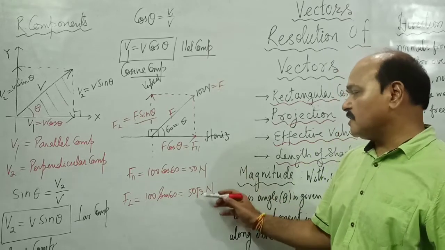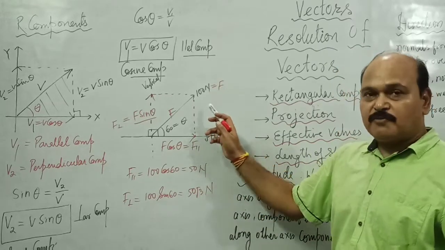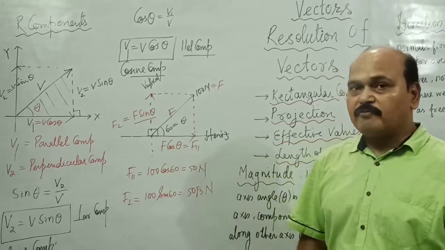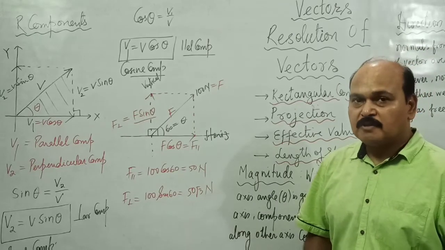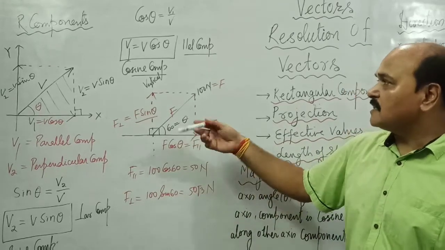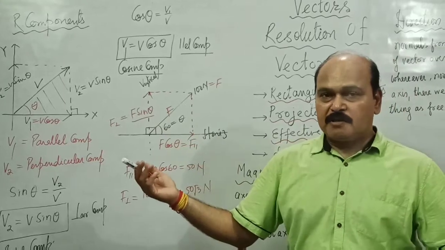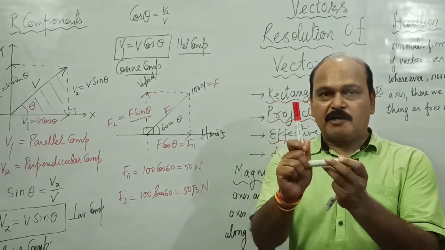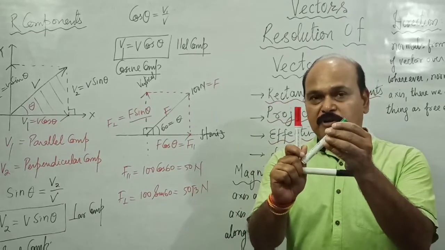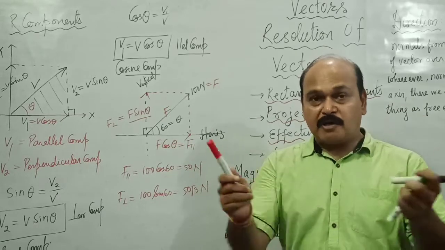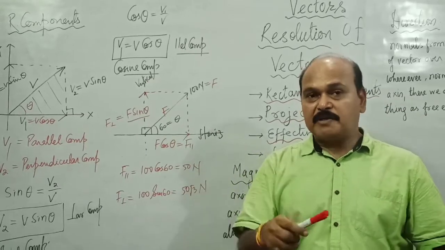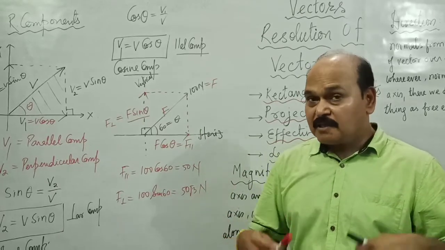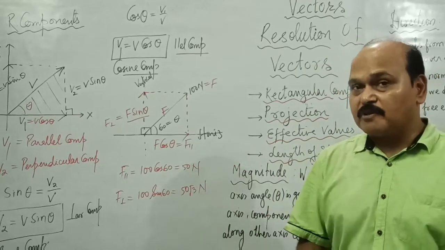That is why these two forces are called as effective value of this force along these directions. So these are effective values of vectors also. Now to be able to apply this concept in general situation, in any situation, always we are not going to get two vectors perpendicular to perpendicular axis and vector line like this in between the two axes. There may be vectors perpendicular axis in any direction, and there may be vector in any direction in between the two axes. So let us apply it for general situation,